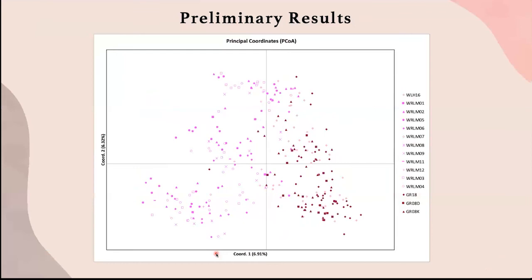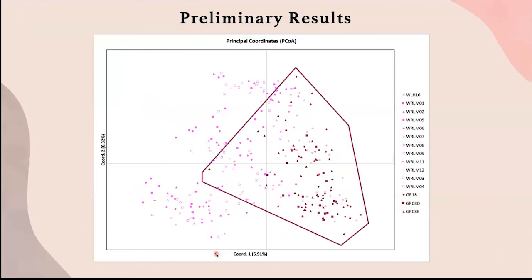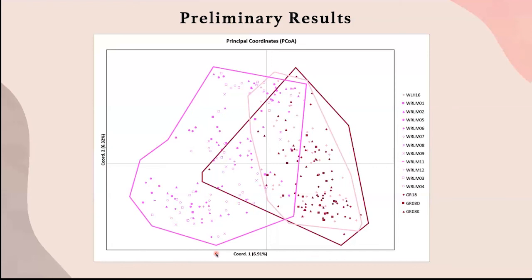I wanted to take a closer look at that by family. So now you'll see that the fuchsia color, each symbol is representing a different family of the 2018 juvenile group. So here we have those Grand River wild individuals. Their mothers are included in this data set. Here are the 2016 juveniles, and here are the 2018 juveniles. You'll see that as far as the family goes, there's a lot of overlap, and we do see some separation for these groups along the x-axis, but the variation explained by this axis is only 6.9%. So additional analyses would need to be done to indicate differentiation between these groups.